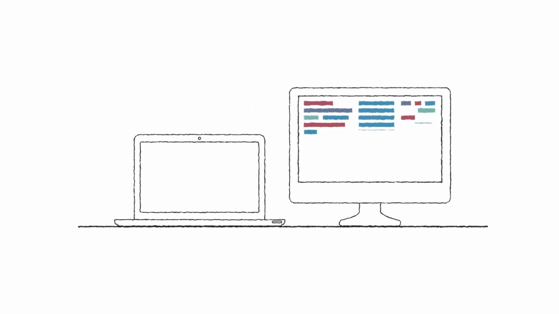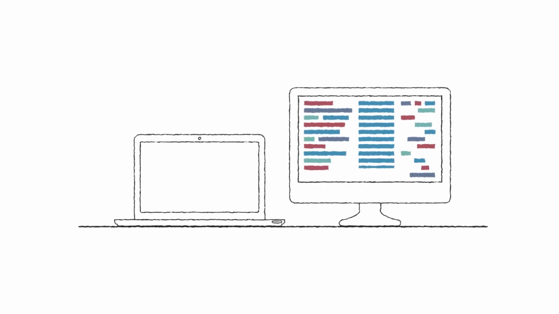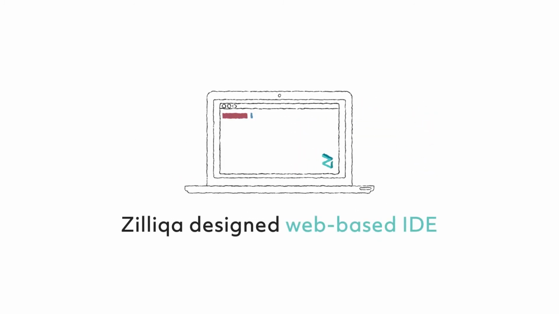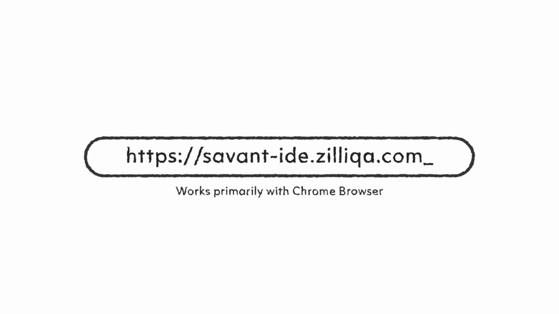So you may find that starting off the development of smart contracts can be a hassle, and often there are several tools that you have to install even before you can start coding. Another problem is the need to keep up to date with any tools that change midway during development. In order to address these exact pain points and make the process of smart contract development more effortless, Zilliqa established a web-based interactive development environment, or IDE, that comes with all the necessary features required to manually create and test contracts. The IDE link can be found as follows, noting that it is optimized for use in the Chrome browser.